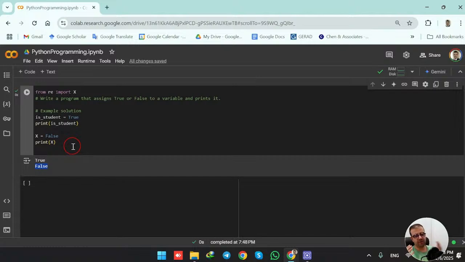We see how we can declare and initialize a variable, assign true or false to it, and print its value in the terminal in the output. This is how we can start working with